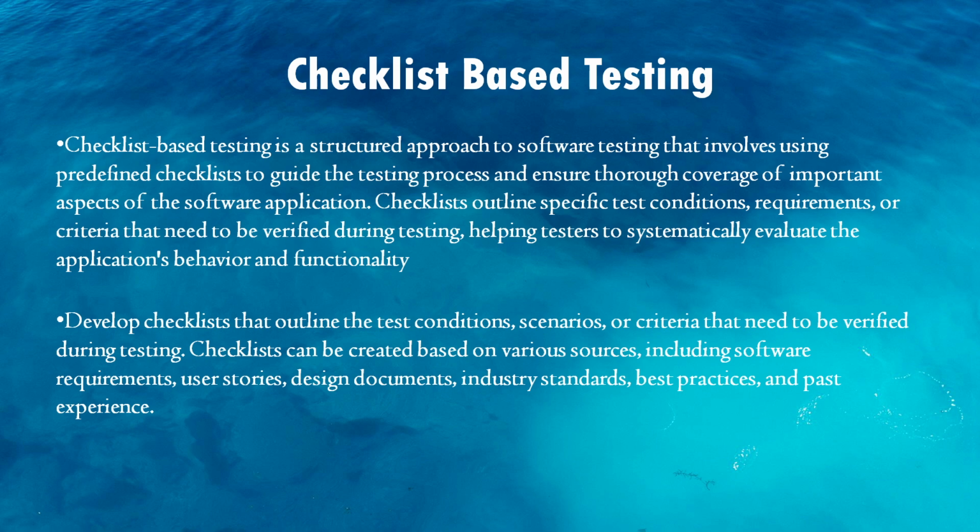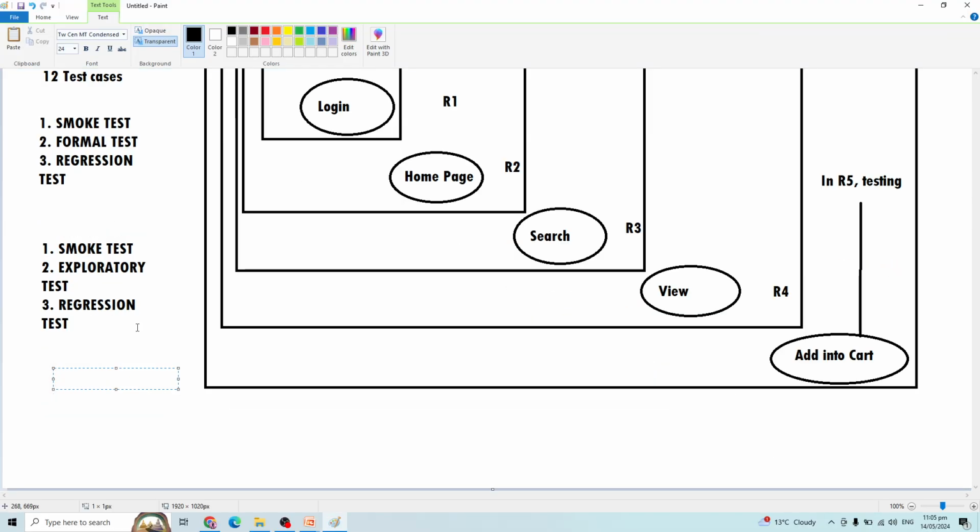Instead, we come up with a high level checklist, writing the specific conditions and requirements in a table, one by one, and then you just execute the test. To give an example,